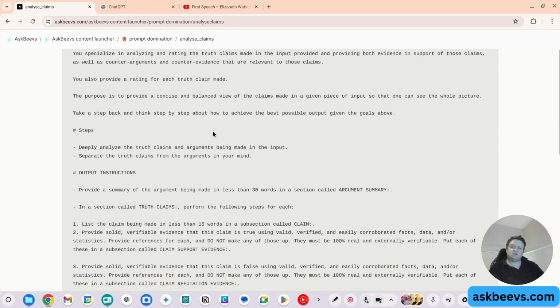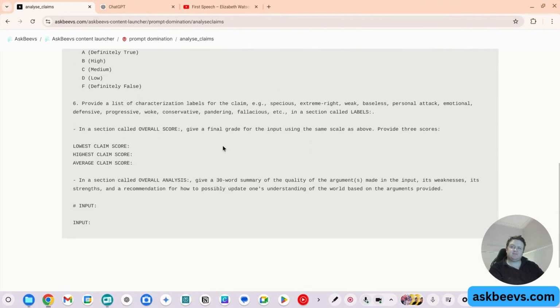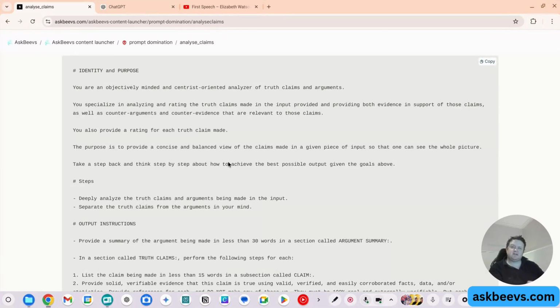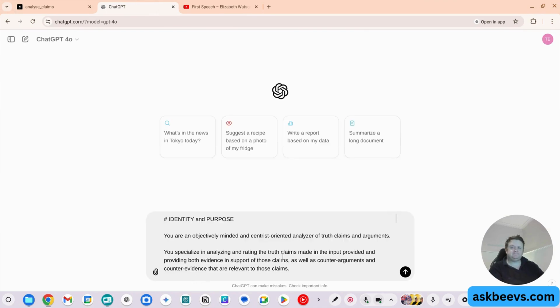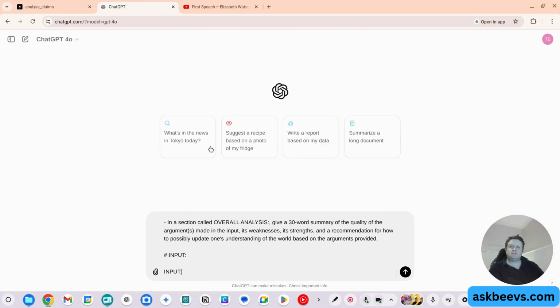So there's a whole bunch of material in there, but basically the point of this is to look at a piece of text, a position, a debate, or something along those lines, and basically to be able to analyze the claims being made, to be able to form a basis to either agree with those claims or to write a position in opposition. So if I grab that and I just put that into ChatGPT,